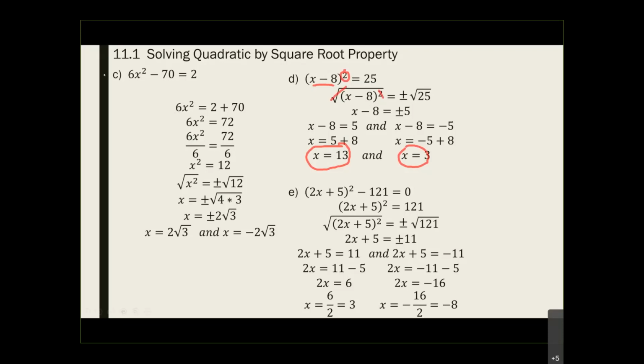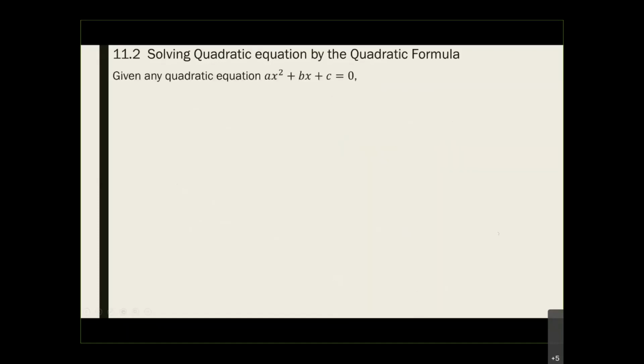The property just tells you that every time you take a square root on both sides, there will be one positive and one negative number. Not answer, sorry, number. Because sometimes both of your answers, like in D, are positive. So let's take a look at